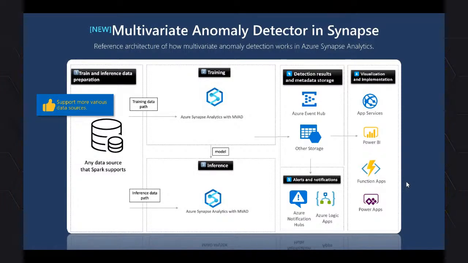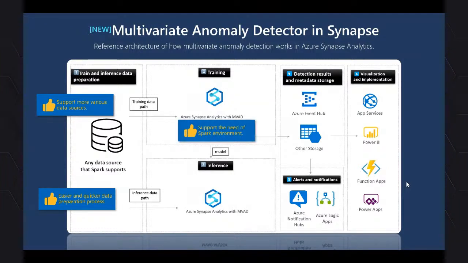As long as Spark is supporting it, you can just use that. The second benefit is that data preparation is easier and quicker because you don't need the blob storage, the zip file, and separate CSV files. And the third is that it supports the need for a Spark environment, especially for this kind of multivariate case. You will need a Spark pool to do the big data compute. That's why we provide this environment to do your big data compute and big data anomaly